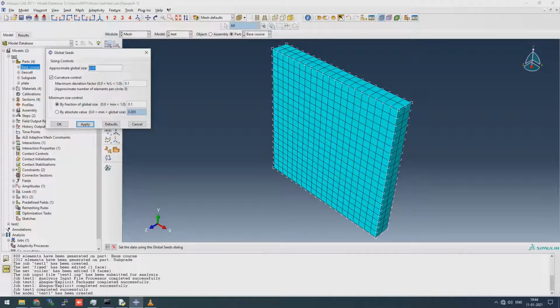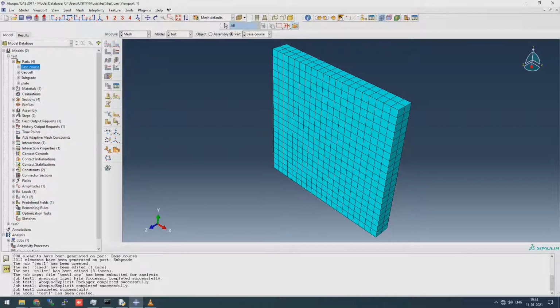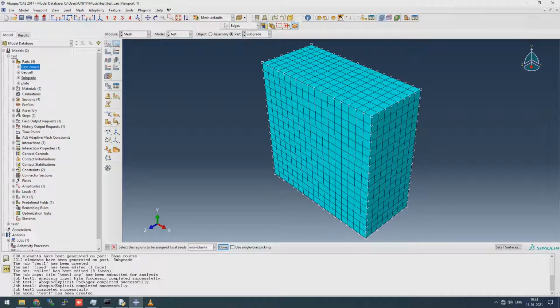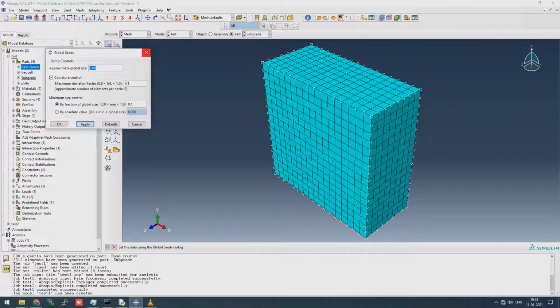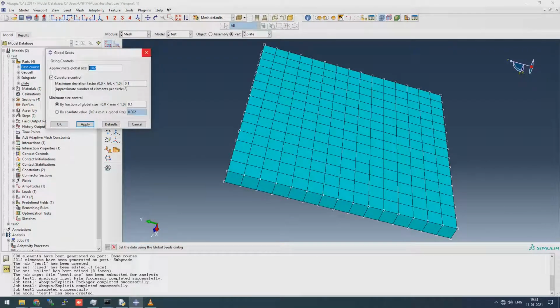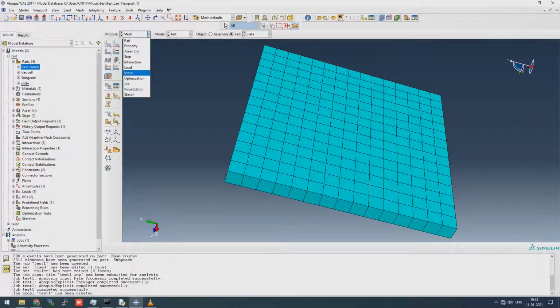In the base course, your approximate global size is 5 centimeters, the subgrade has an approximate global size of 6 centimeters, and the plate has an approximate global size of 2 centimeters.